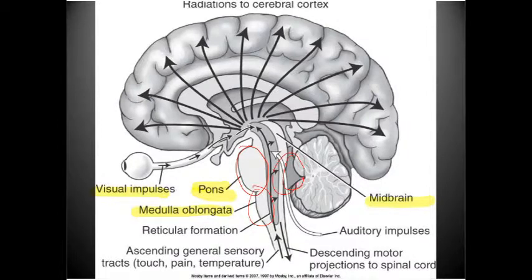We have the fourth ventricle here, cerebellum here, aqueduct of Sylvius, third ventricle,